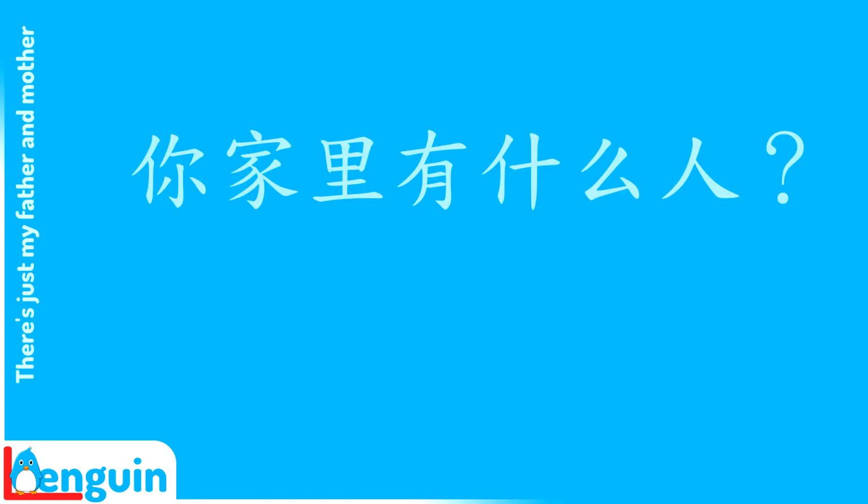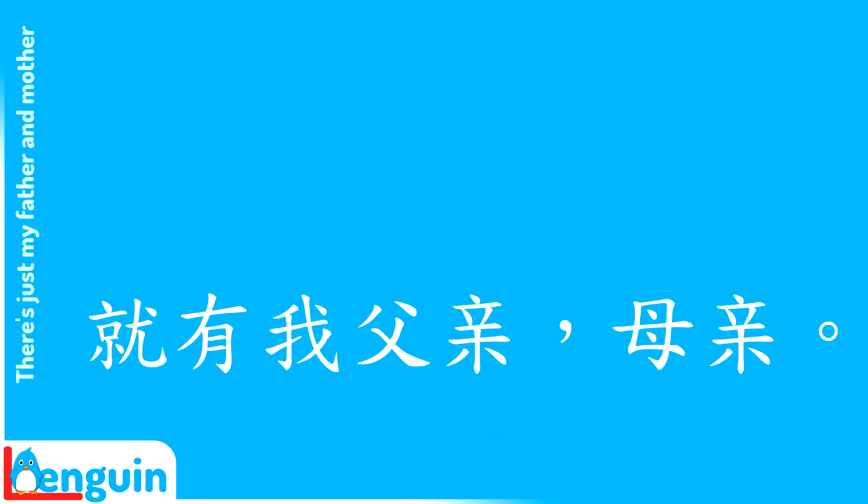Try responding to the question yourself now. Assume there's just your father and mother. 你家里有什么人？ 就有我父亲、母亲。